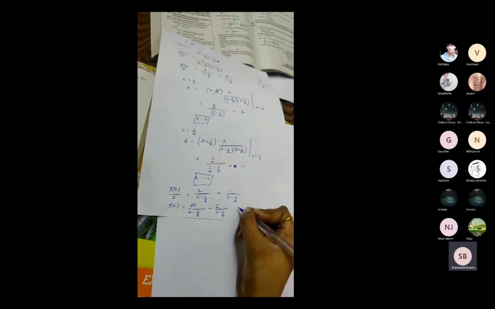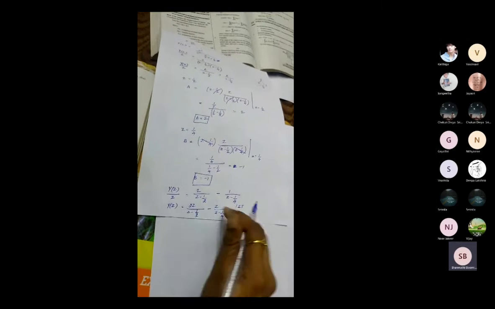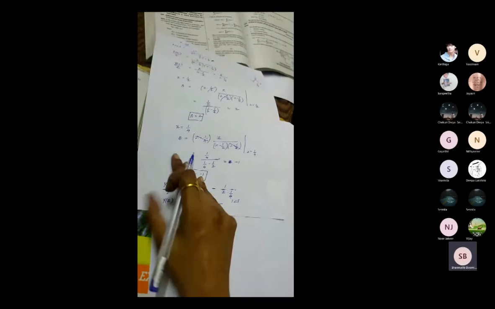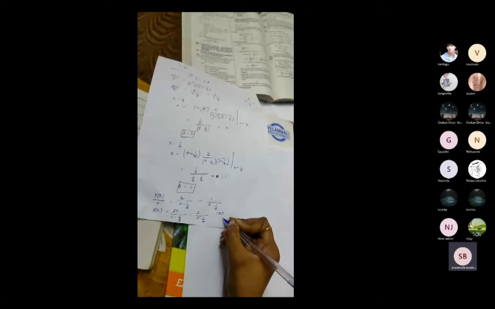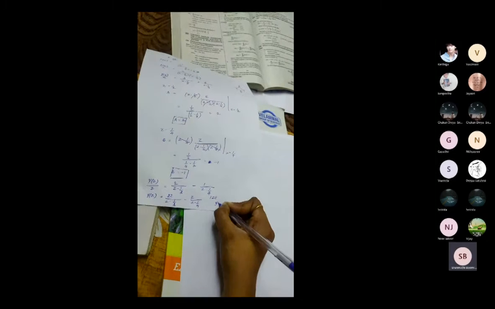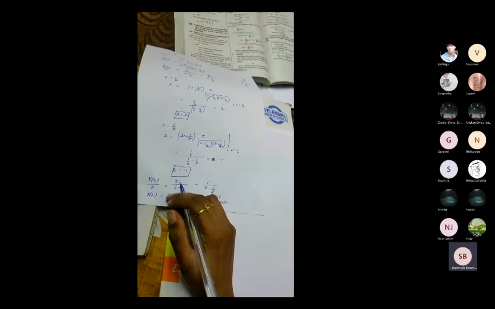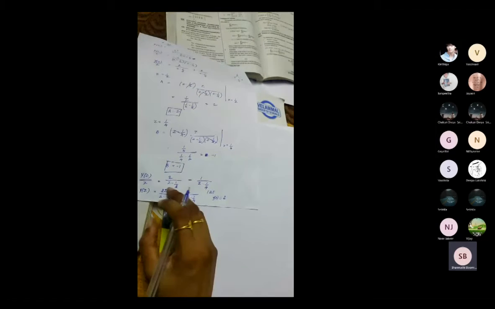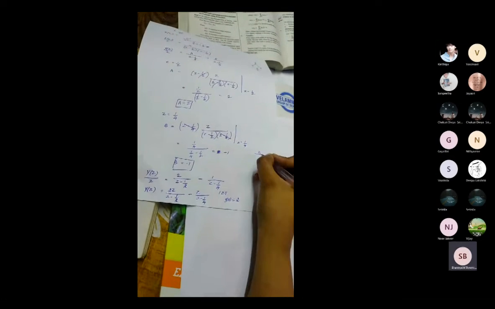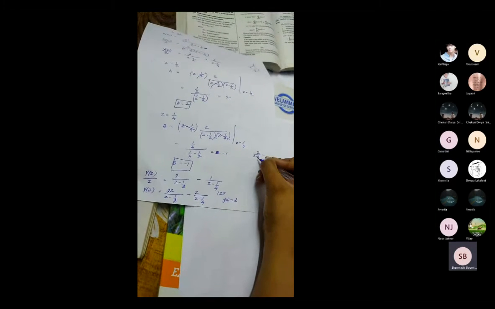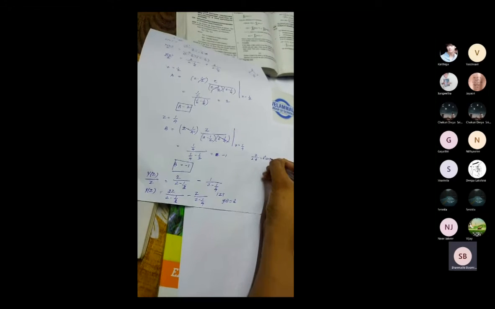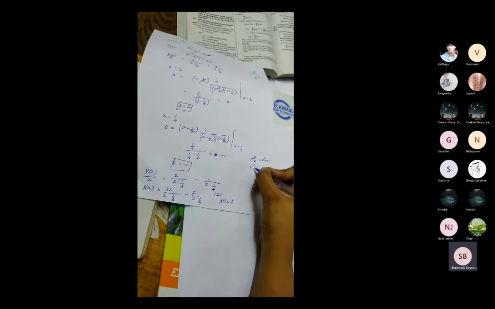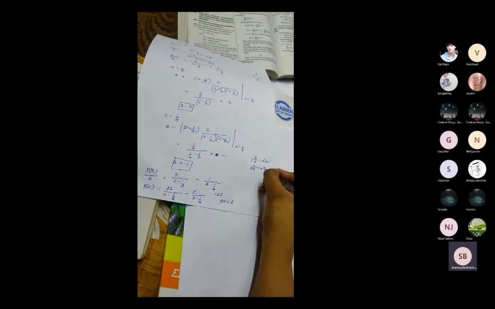Next, for this you have to take the inverse Z transform. If you're taking the inverse Z transform for this, what is the answer? For Y of Z, what is the inverse? It will become Y of n will be equal to, here you have one constant value. Write that constant value as it is. Then Z divided by Z minus a, if you're taking the inverse for this, it will become a power n into u of n. Z divided by Z plus a gives minus a power n into u of n.